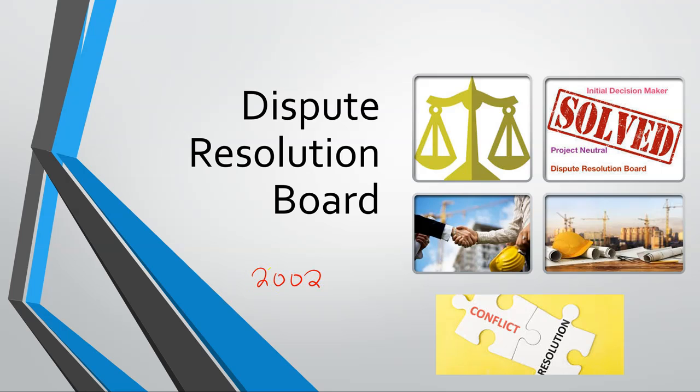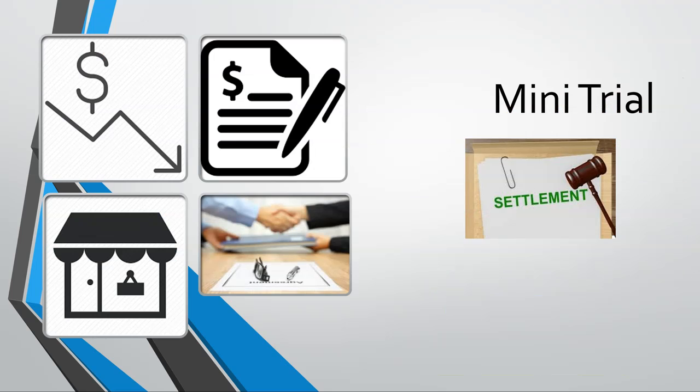which the author describes the effectiveness of using the DRB for construction projects. And it was similar to the textbook, in which it described the DRB in 5 different phases, and it also expanded on the topic by discussing 5 different scenarios of when it's appropriate to use DRB, and it provided the advantages of using DRB. The next ADR I'd like to talk about is called mini trial, and the textbook talks